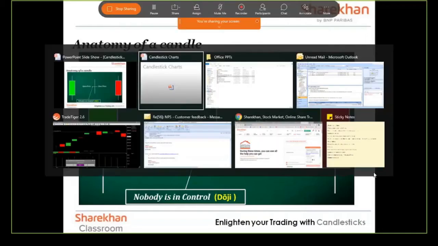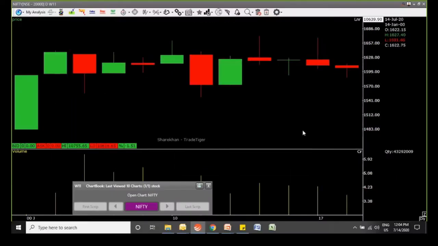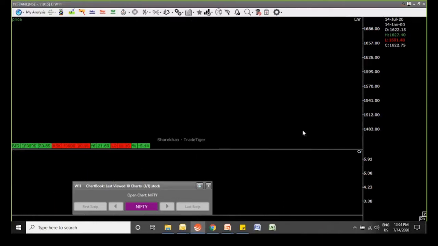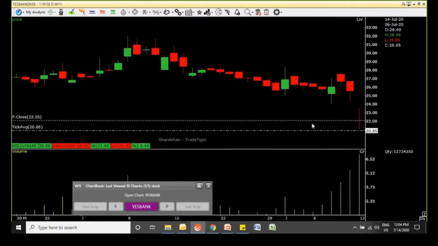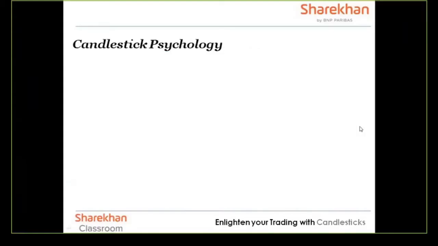Now, I just saw this kind of a candle, I think, on the chart of Yes Bank, if I'm not wrong. Let me just show that to you. On the daily chart of Yes Bank, yesterday, if you see the candle, the open and close are exactly the same. So you don't get to see any rectangular body. However, if there is a small difference, you can still call it a doji candle. Okay, now how do you trade that candle?